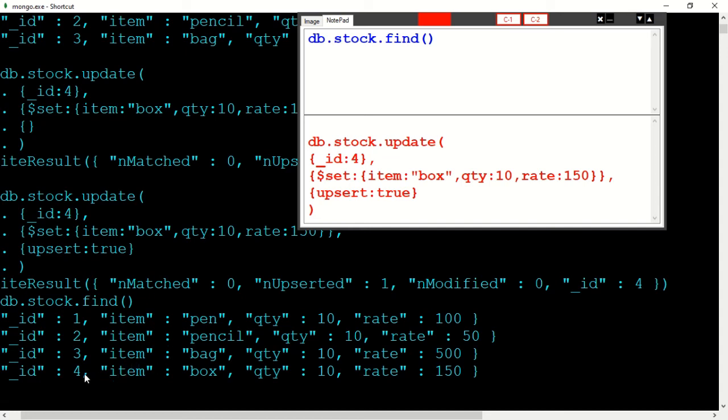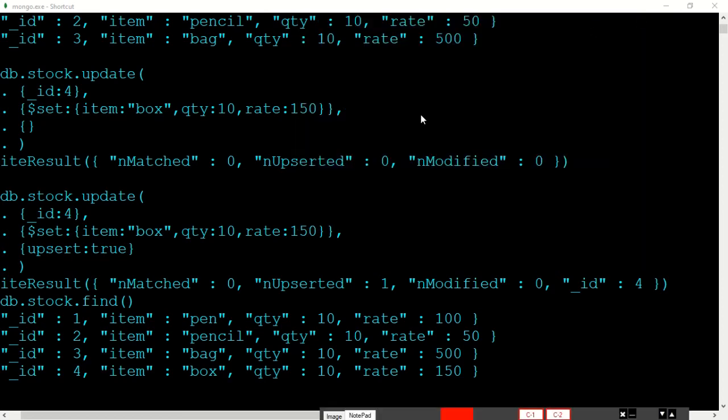We can even insert records in the collection. So we inserted the fourth record. We already inserted 1, 2, 3 and modified all those items and columns. So this is how the update command works with the $set command. See you in the next session.